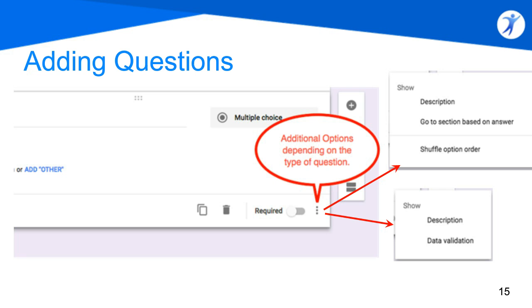Next thing I want to talk about is the data validation. And data validation is really cool. That can allow you to do some awesome things with the form. So again, I'll take the email address question, for example. If my question type was a short answer question and I was using that to collect an email address,